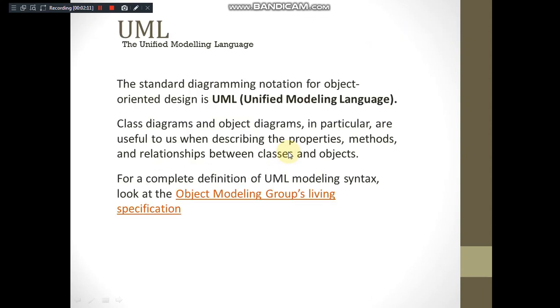You might have heard about object oriented modeling and design. In order to represent that diagrammatically, UML is used, that is Unified Modeling Language, to represent the object orientation concepts neatly. We come across class diagrams, object diagrams, activity diagrams, etc., where we can show the relationship between different classes, instances of objects and many more.